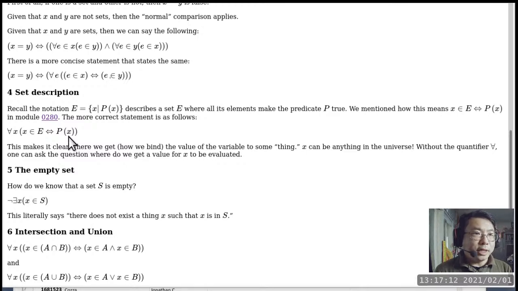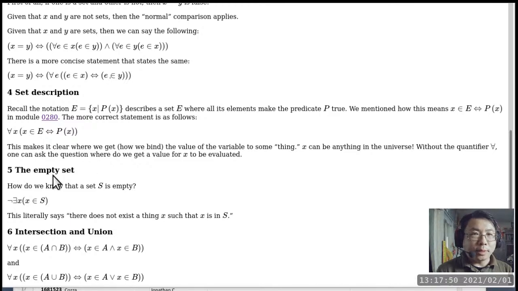So it's about the same as what we had before, because what we had before is really just x is in E if and only if P of x is true. But now we just put a universal quantifier on top of the entire thing. So basically all it is saying is, before, when we did not use a quantifier, a lot of times the universal quantifier is implied. And now we can spell it out because we have already talked about the universal quantifier as well as the existential quantifier.